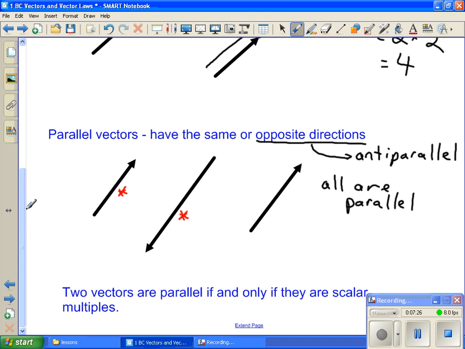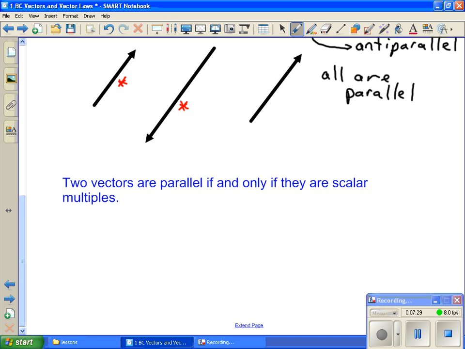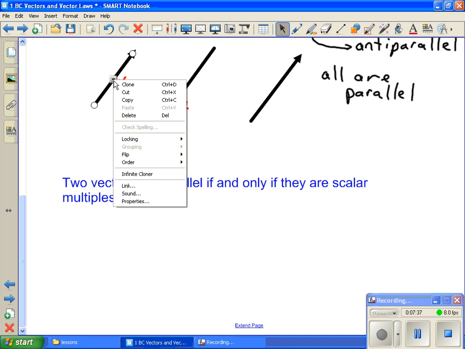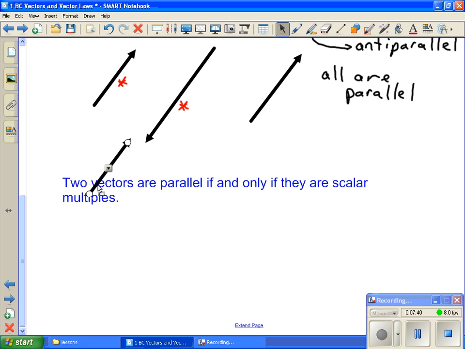And finally, two vectors are parallel if and only if they are scalar multiples of each other. So if I take one of these vectors up here, let's clone this guy and bring him down here, and I take this guy over here, and we'll clone him. These two vectors, I've told you that these things are parallel. That means that there's some factor that I can multiply the first one by to get the second one. So if this one on the left here is vector A, this one on the right is vector B,